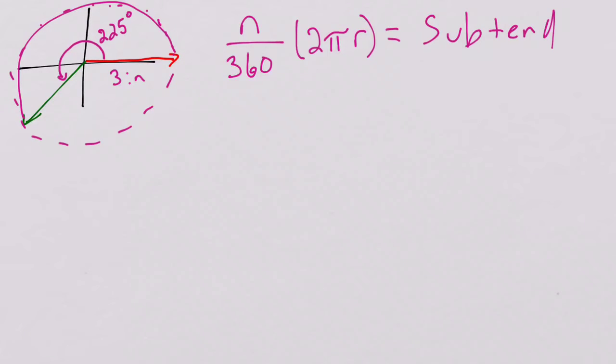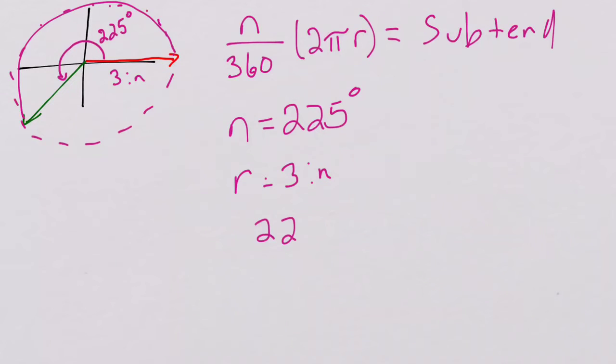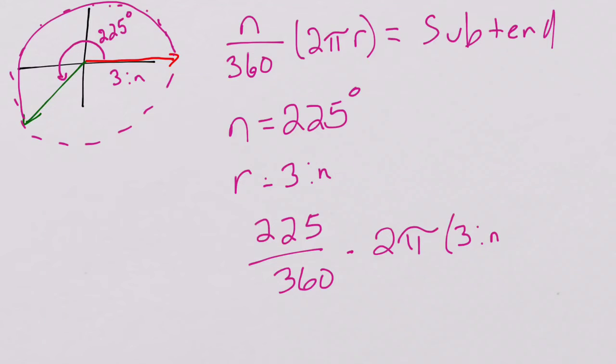So from here, it's just plug and chug math. I know my n, the angle that I'm working with, is 225 degrees. I know my radius is 3 inches. So to actually go ahead and do this math, we're going to put 225 divided by 360 times 2 pi times 3 inches. And from there, guys, we can go ahead and cancel it out, get a nice specific answer,